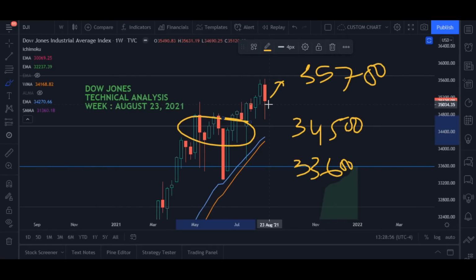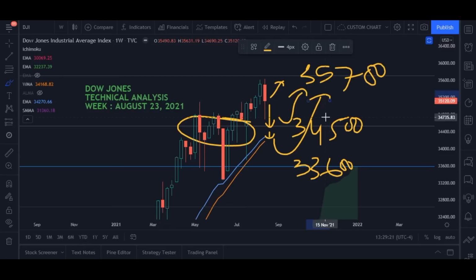If there will be some signs on Monday that the market is trying to come down, in that case it may come down and it will find some good support here. But at this 34,500, we have a support and we have a confluence zone, so it will find some good support here, and then from here it may try to bounce back. If not, then it will further come down and hit these moving averages, and then it may try to bounce back, because the market never falls or never rises in a straight line.